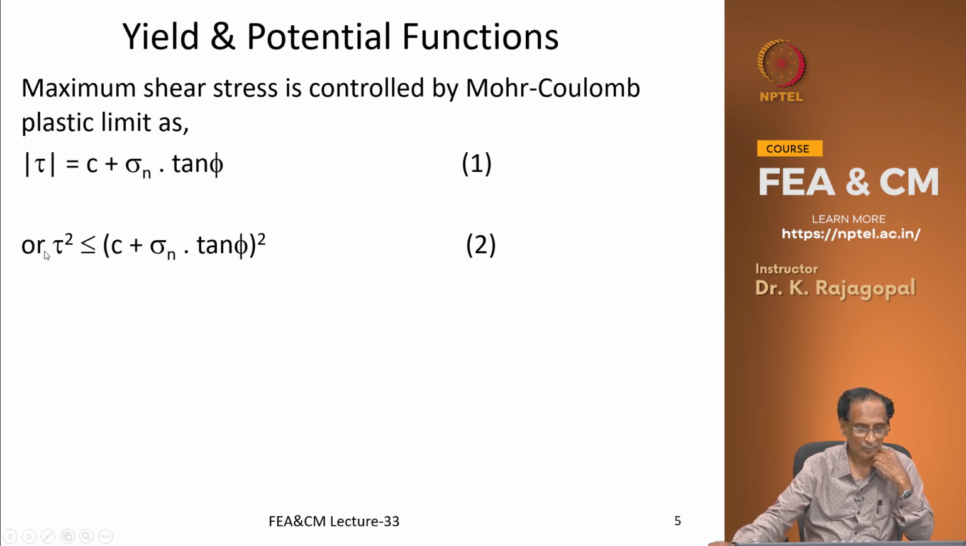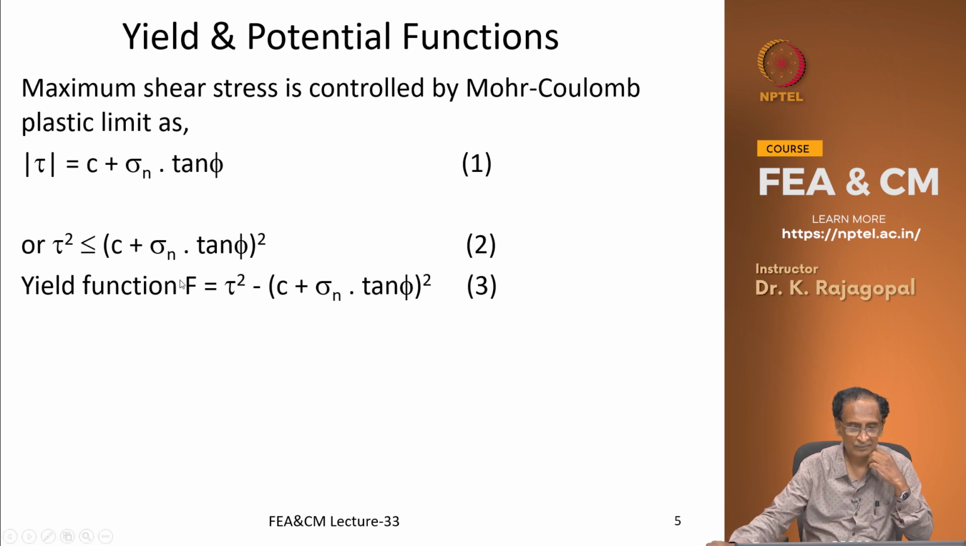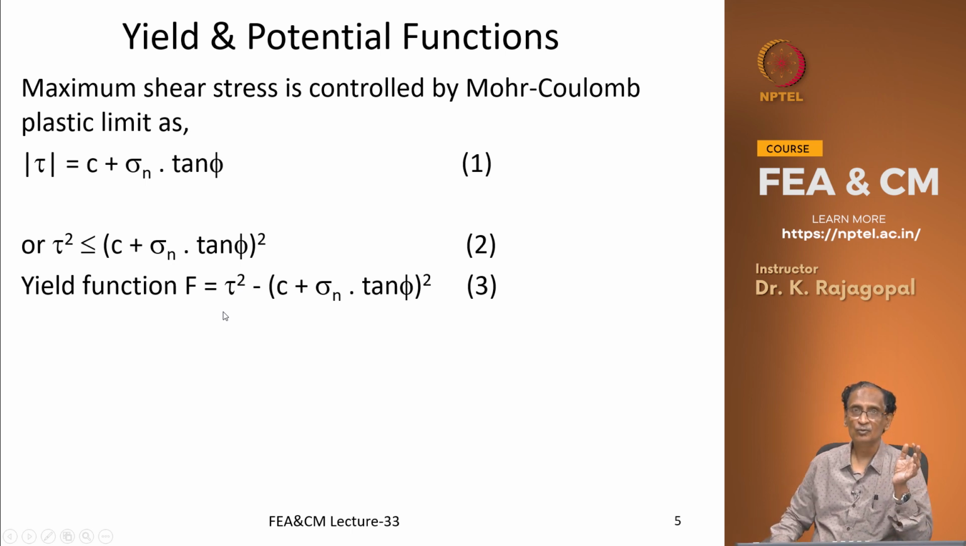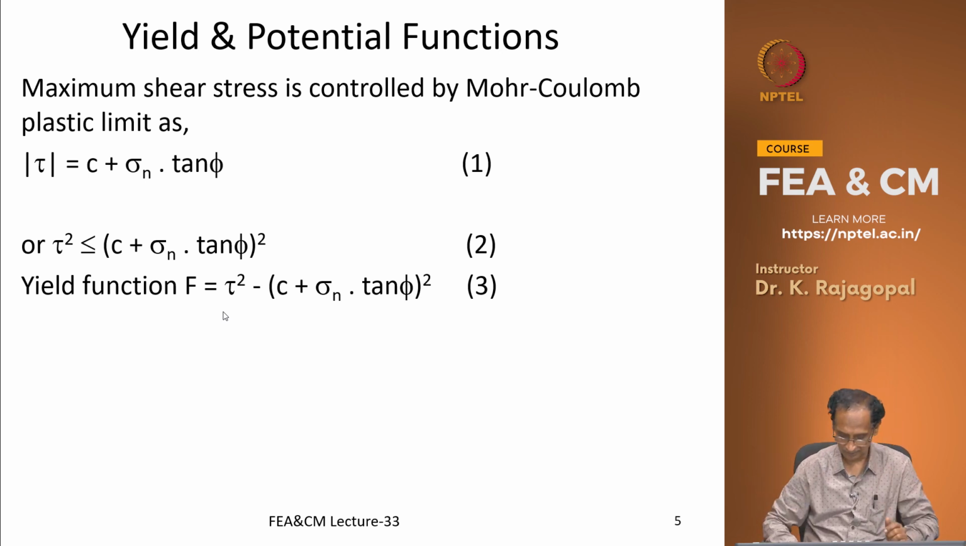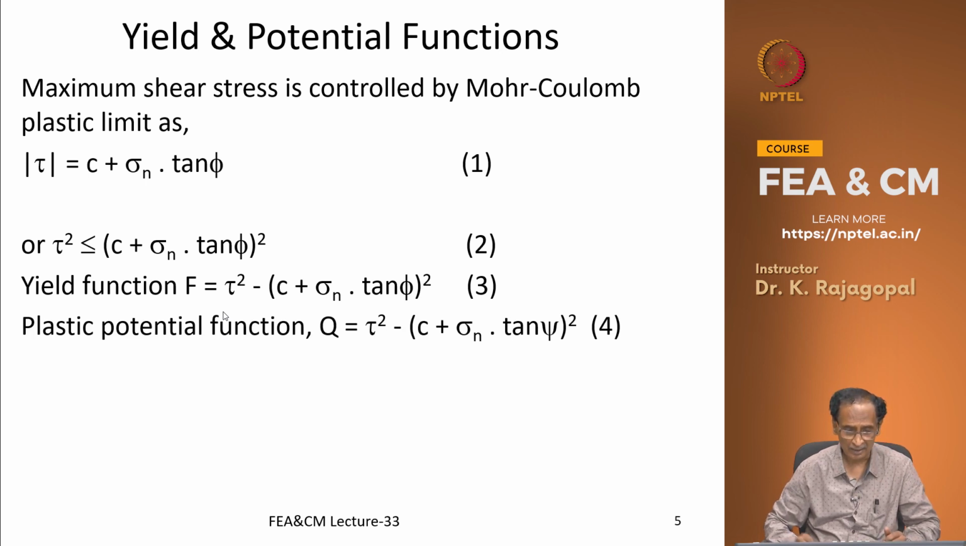The tau max should be less than this quantity c plus sigma tan phi, or the yield function f can be written as f is tau square minus (c plus sigma tan phi) whole square, and if f is less than 0, we are in the elastic state, and when f is greater than 0, we have exceeded the yield limit, and so we have to come back to the yield surface. And the plastic potential function q can be written in terms of psi like this: q is tau square minus (c plus sigma n tan psi) whole square,